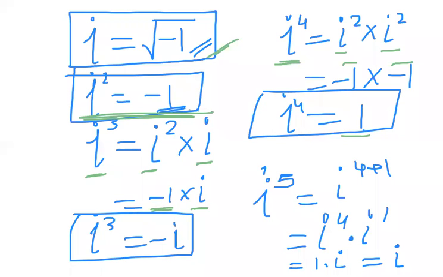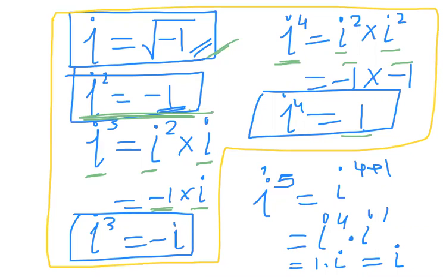Now, these four are the most important things which we must know. Using them, we can calculate any value, like i to the power 5. This could be written as i to the power 4 plus 1, that is 5 only. And in multiplication, powers get added. So I could write it as i to the power 4 into i to the power 1. i to the power 4 is 1 and i is i. So i to the power 5 can be written as i. Don't put the value of i in any of the questions.